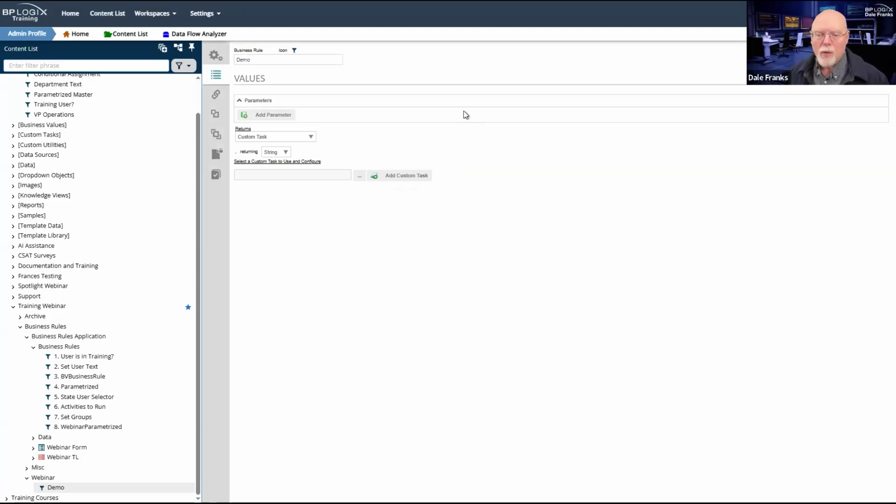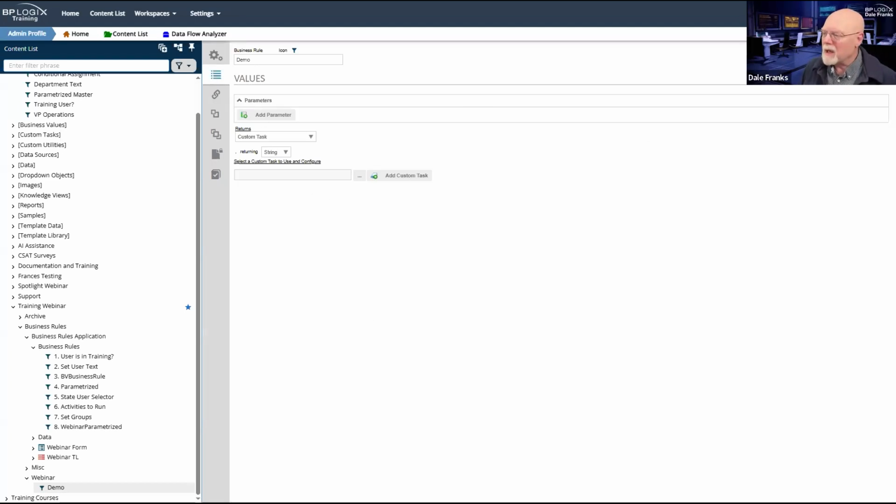Originally, the returns custom task would actually use, in almost every case, one of the fill fields or fill dropdowns custom task, or the SQL command custom task to return a specific SQL value. Generally, we don't have to do that anymore. Business values exist, so we can actually return values from a business value, which we're going to do in just a moment.